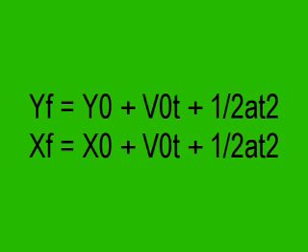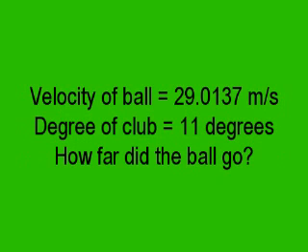The next topic we'll be talking about is projectile motion. When a ball is hit at a certain angle, the ball travels in a curve-like motion, like a parabola. With certain equations, one can find the velocity, distance of where the object will land, acceleration, and how high the ball goes in the y direction, theoretically. If the velocity of the golf ball is 29.0137 meters per second from the momentum equation, and it is hit at an angle of 11 degrees,